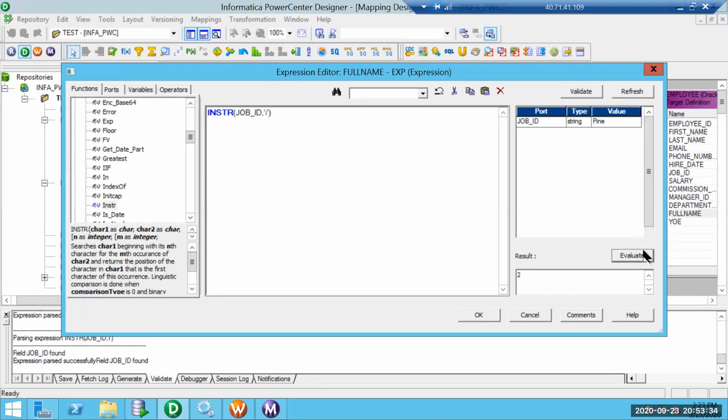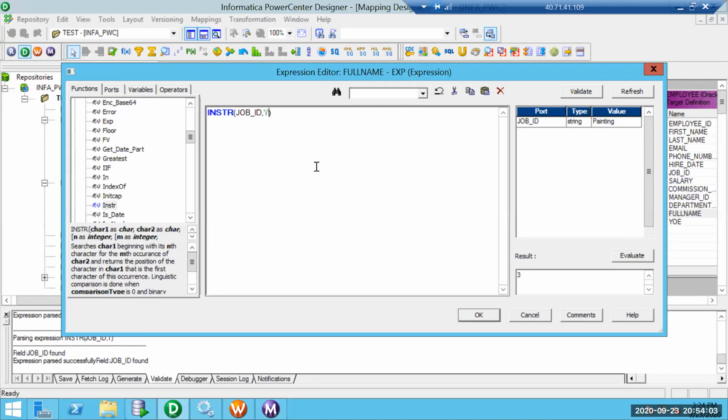So I gave pine, so I is in the second position. Let's suppose I gave paint, I is in the third position, so it gives 3. Painting: I want the second occurrence of I, but if I try to use painting, I will not get it with this kind of thing.